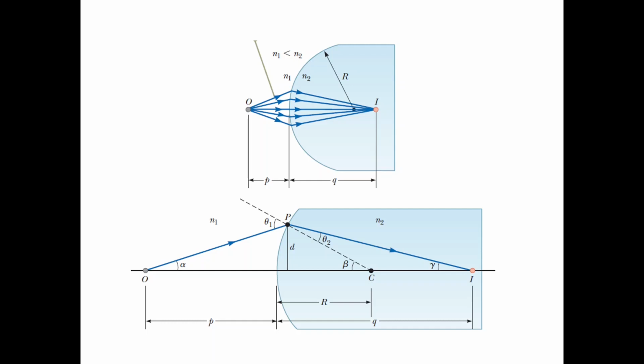Only in the case when an extended object is very far away will we get the image of this extended object, located very far away, as a point at the focal distance from the mirror. In that case, we can claim that we concentrate rays originating from any point of the object in one point of the focal image. So for instance, if you take a magnifying glass and align it with the sun,